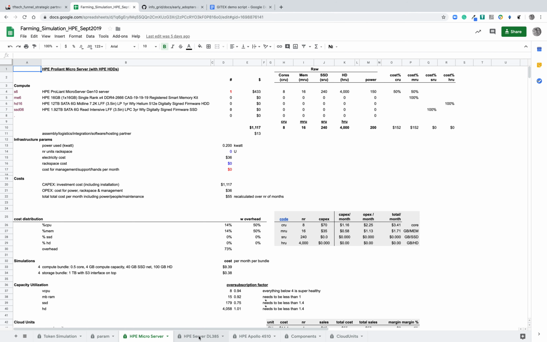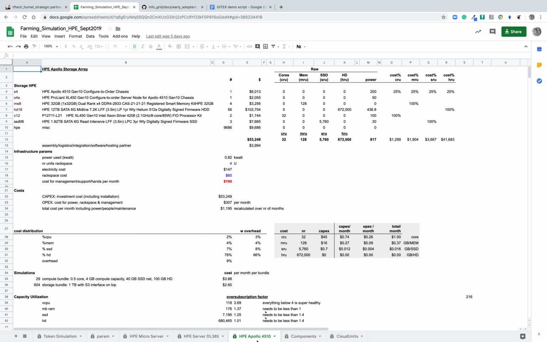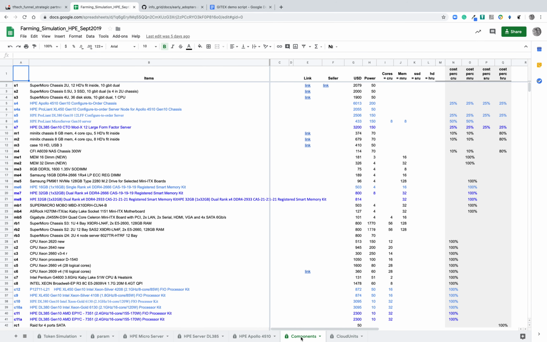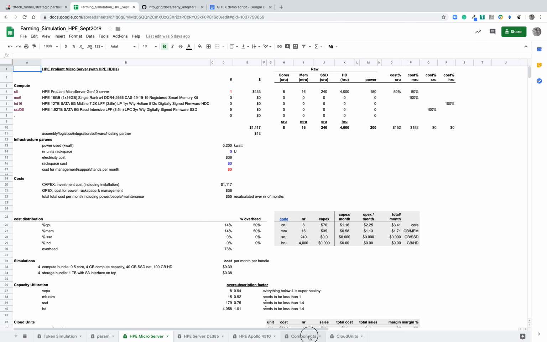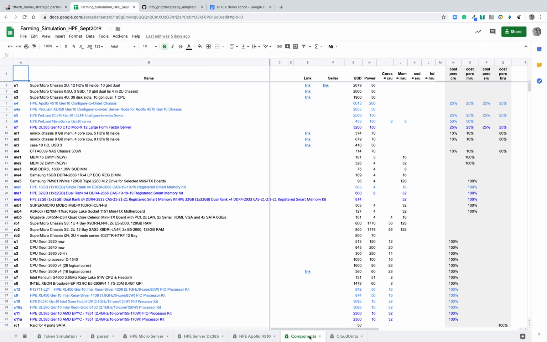So these three tabs specify three specific platforms that are being certified by us, and this will grow. Over time, we will get more. This particular tab has a lot of components in it, which are the components that make up these three platforms. It's a VLOOKUP, a vertical lookup list, where we have specified specific costs, specific power consumption, number of cores, number of gigabytes, and so on. Specifically hardware related items. You wouldn't have to look at it at all. Take a look at it just to inform yourself, but there's no need to actually change anything in this